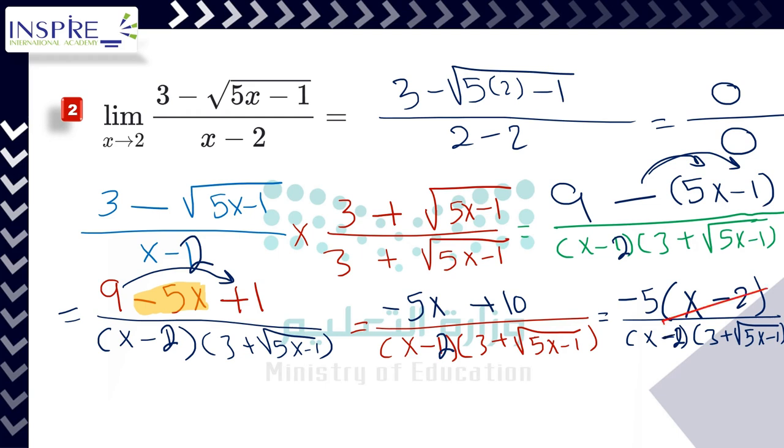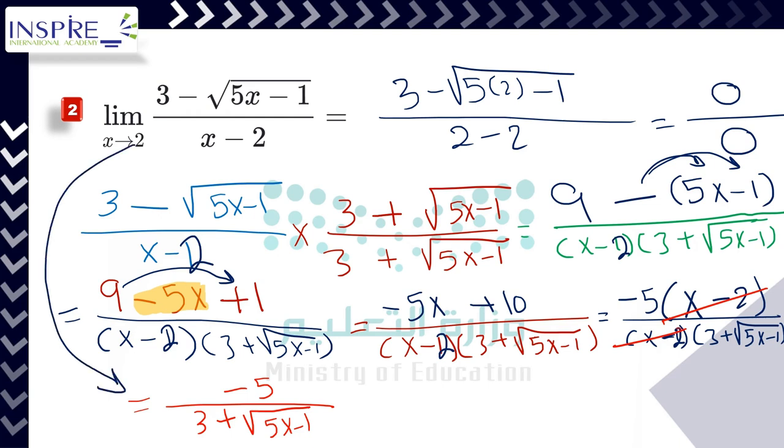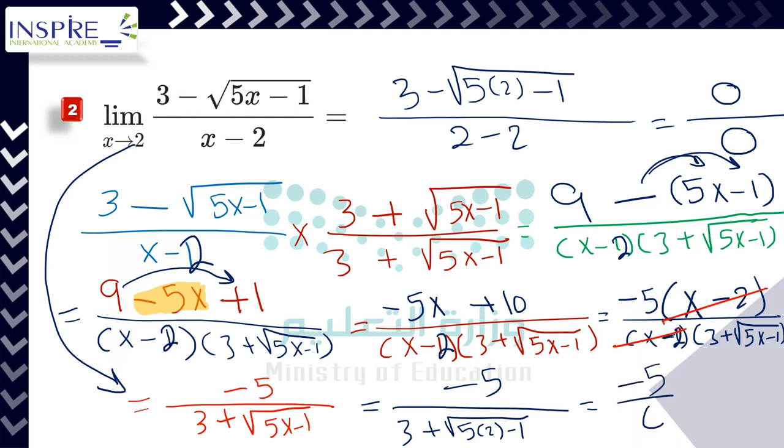We will cancel. x minus 2 over x minus 2, so we will come up with negative 5 over 3 plus root 5x minus 1. But when you eliminate the zero factor, you have just eliminated all of your problems, so you need to get the answer. So we'll plug in 2 again in your expression, so it will be negative 5 over 3 plus root 5 times 2 minus 1, which gives you negative 5 over 6. Okay,